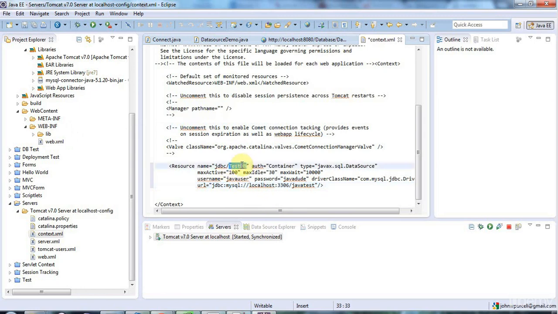So here I'm going to change this to my database name, Web Shop, and this all looks fine. You can see you can configure some things like the maximum number of simultaneous connections you can have, and the timeout, which is really what makes this valuable, in that there's a timeout on the connection so that connections don't get used up, because if they do get used up, MySQL and other databases will start refusing new connections, and that's why this is really a useful technology. But here, username I need to change, and in my case I've set up a user called Web App,